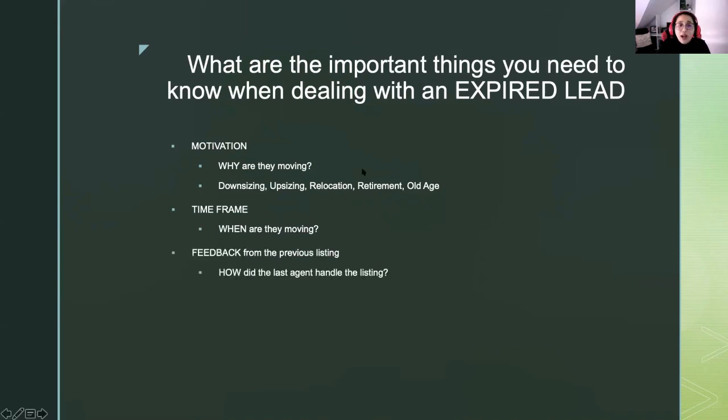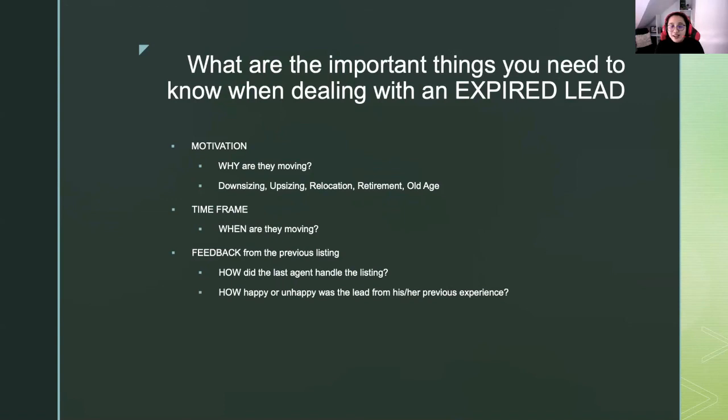You have to know how the last agent handled the listing. You have to find that out. Are they professional enough? Are they unprofessional? Do they show up on time? Do they give feedback to the lead? You don't have to know the exact details, but at least get an idea of what experience your lead had with the previous listing. It's very powerful because if they open this up to you,